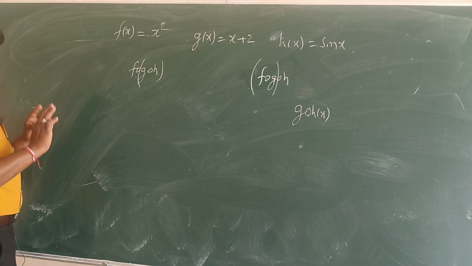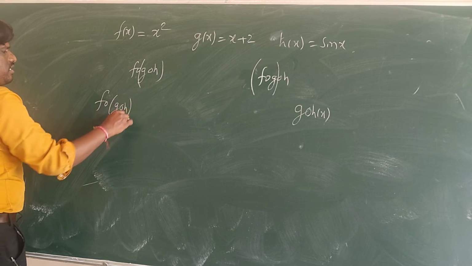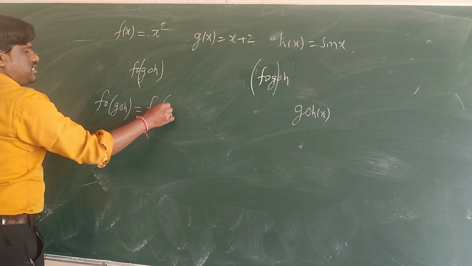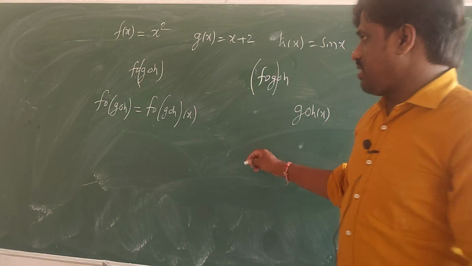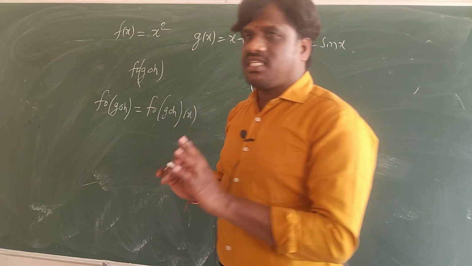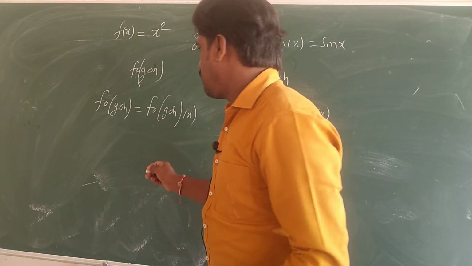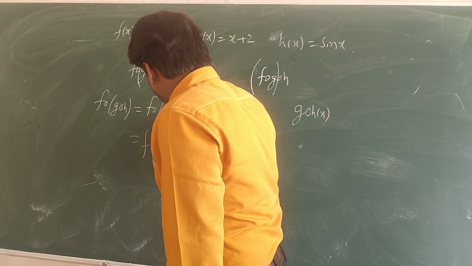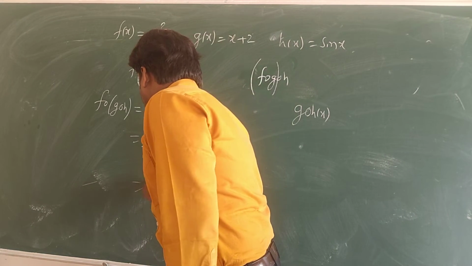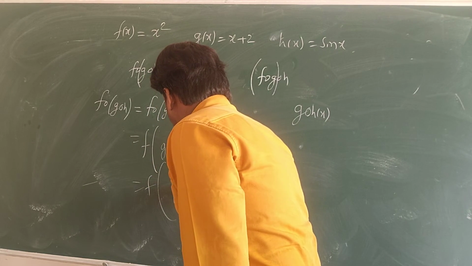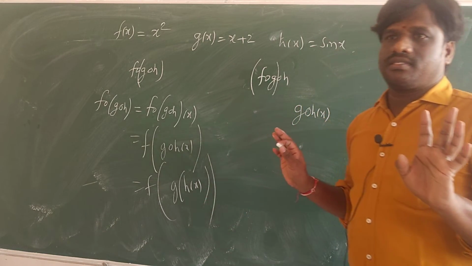In a competitive exam, no problem. In boards, there is a pattern to break this. F circle g circle h, you want to find. This is equal to f circle g circle h of x, you write. Domain you have to write. Then see which is alone, you need to break that. These two are combined, so you cannot break that first. If you are writing in boards, you have to break this first, and then write g circle h of x. Then you have to come inside and again break this h of x. So the only thing is you need to break the circle and write the brackets.